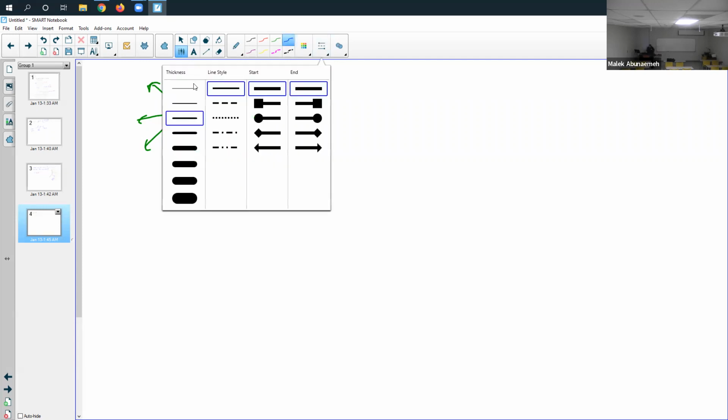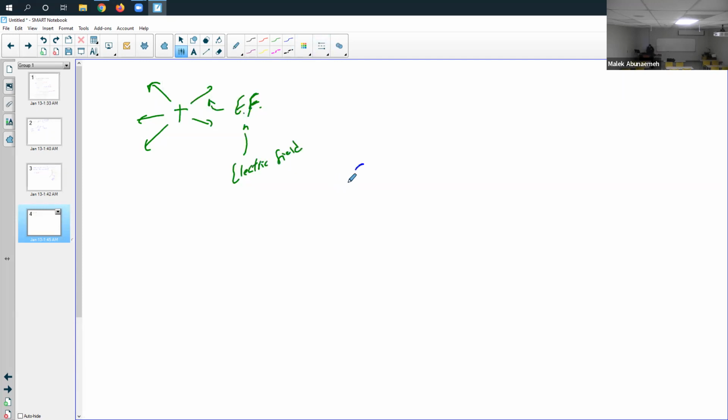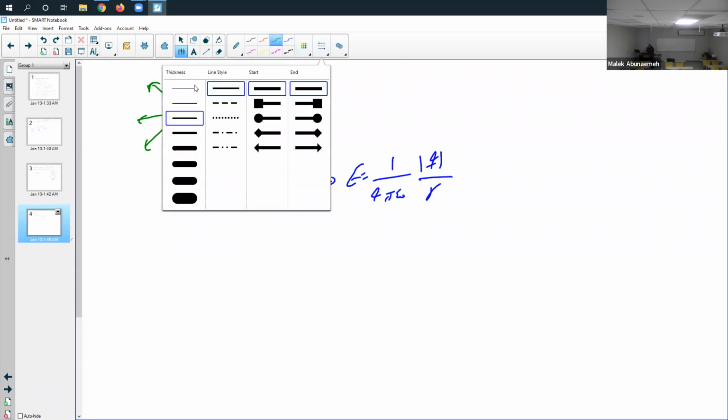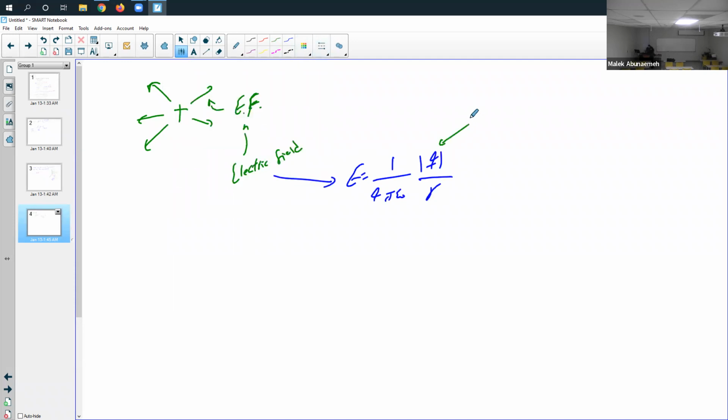Now this electric field that's emitted is going to equal 1 over 4 pi epsilon naught, the absolute value of Q over r. Now what is Q? Q is your charge of that particle that's on there, the little charge that we have. R, that's your radius